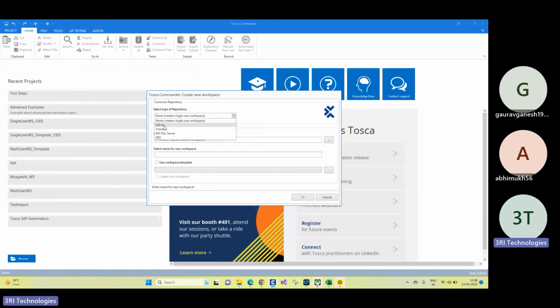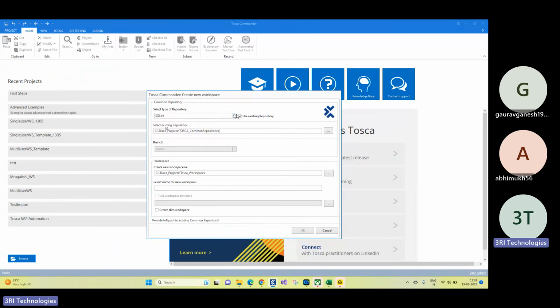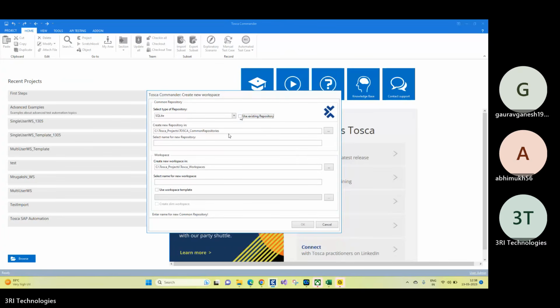Let's suppose you are actually setting up the environment, then you will have to get in touch with your network team, as well as the team who handles the servers or the databases. Whichever database you have, you can select that. For our training purposes, we are going to select SQLite. I'm unchecking this box, because I want to create a new multi-user workspace.